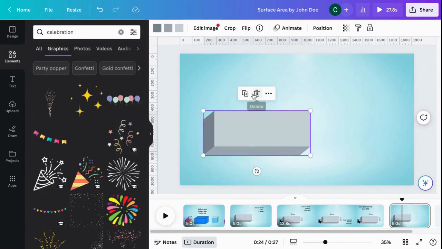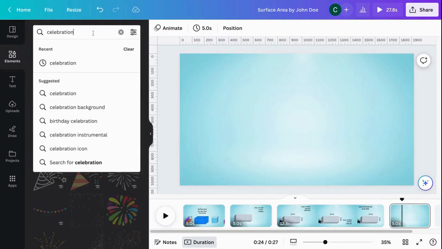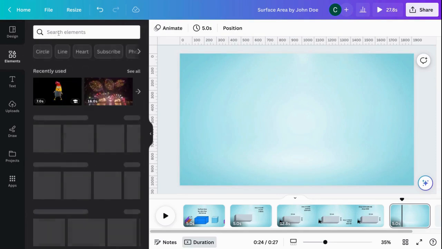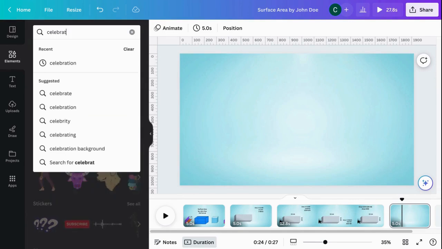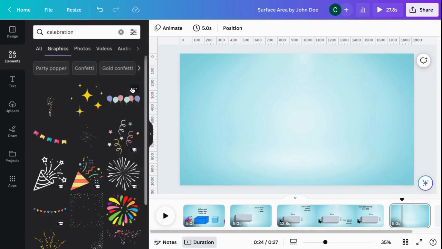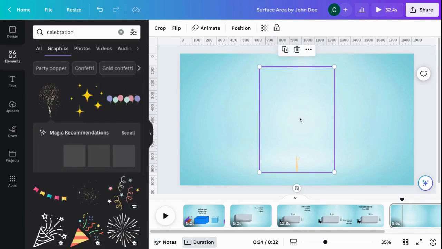So once I have a clean background, I already have celebration here. What I did was elements, and it's time to celebrate. Elements in the search bar, celebration. And so many different things come up, graphics, photos. You could do whatever you want to celebrate. Maybe you want some